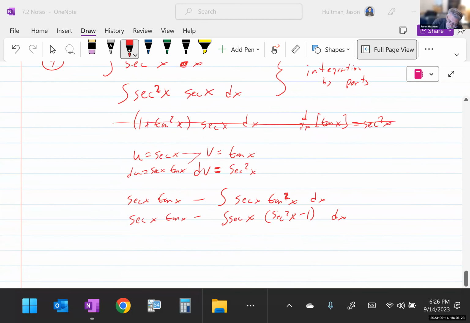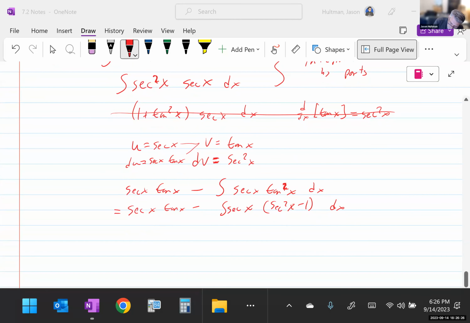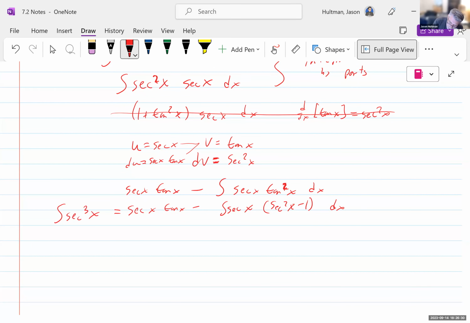The original was the integral of secant cubed x dx. Okay, nice. So let me distribute. And I get the integral of secant cubed x dx is equal to secant x tangent x minus the integral of secant cubed x